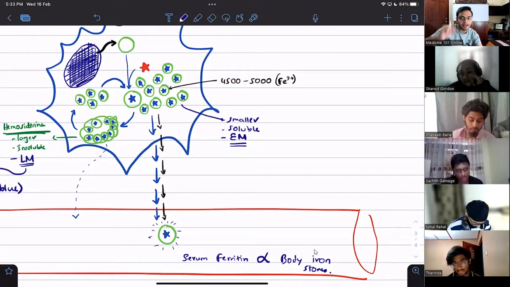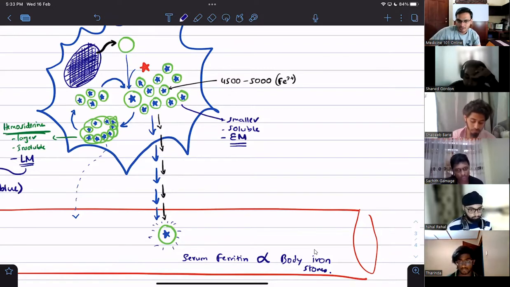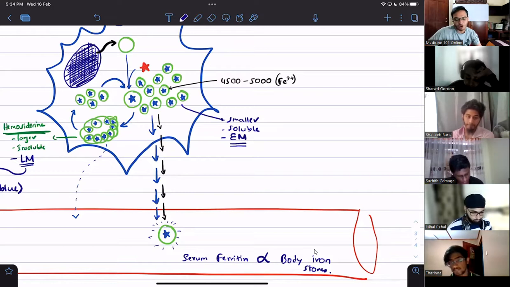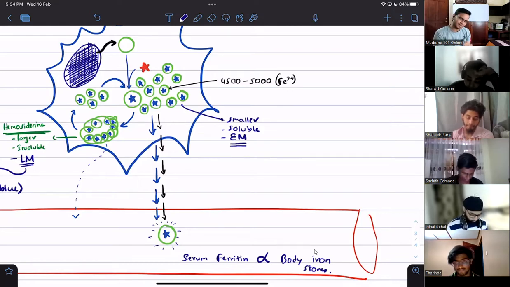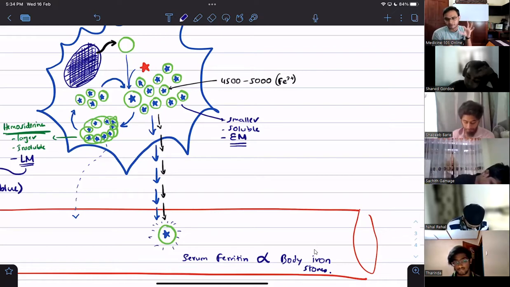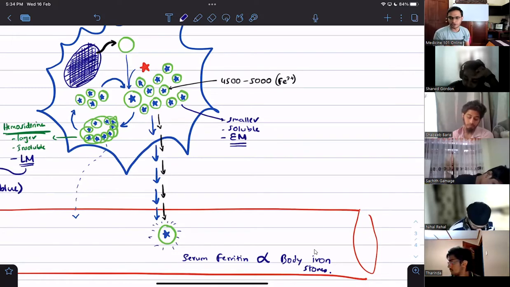Transferrin bound with iron, right? Transferrin bound with iron. Okay, don't forget those. This iron profile, guys, at least for me, when I was studying in my 4th, 5th year, I always tended to mix up the things. One day fine, after a week, when I see serum iron, was it this or was it that? So just understand it today and keep it written down. Whenever you are going through it, just go through the naming.